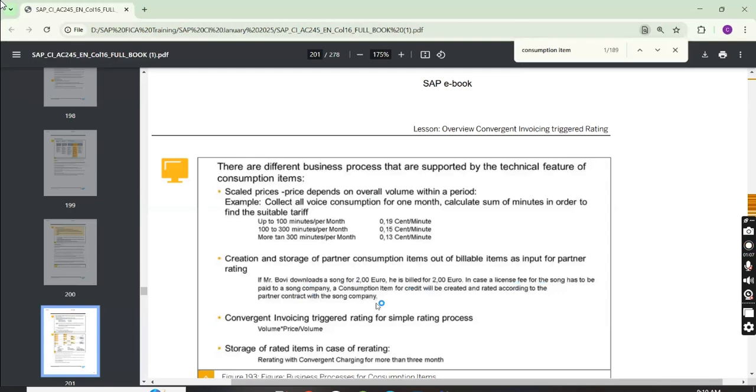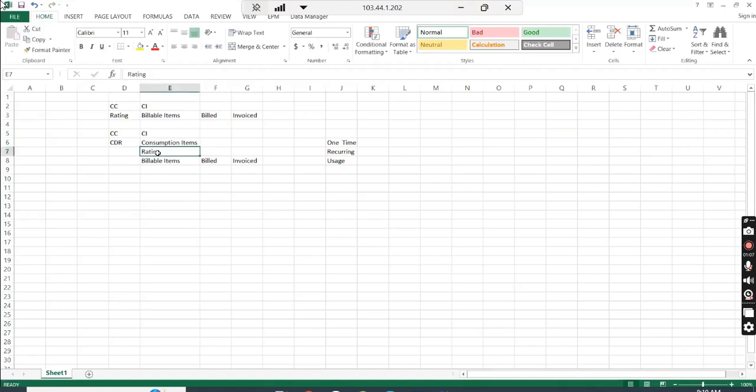So in that case, when we receive a customer's CI, customer's consumption item, and once the rating happens, what will happen? It will also create a partner's billable item during the rating part. Here, once this rating happens, what will happen? Say I am a customer. I have downloaded a movie. The movie is owned by say T-Series. Okay, so once this rating happens, it will generate two bits, one customer bit,